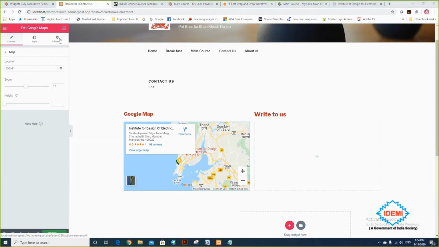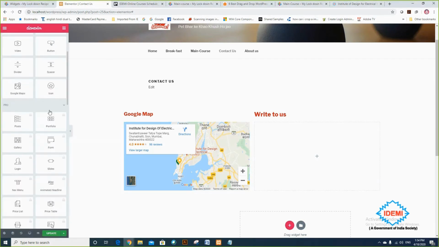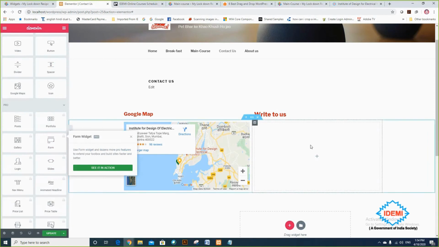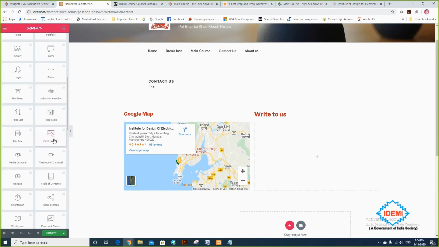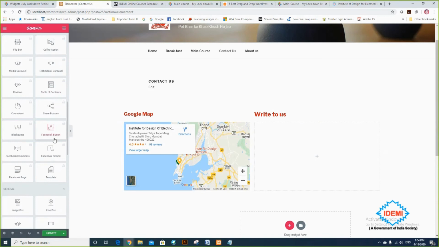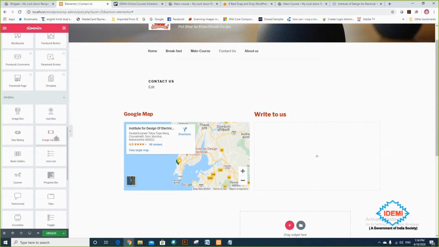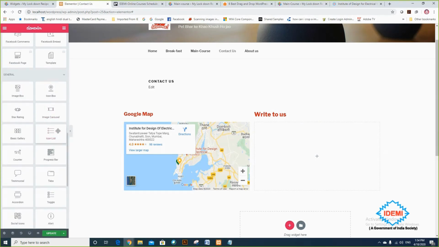So if I return back here and want to insert a form, it won't allow me to insert a form. It's saying that you have to go for a pro version. So it won't allow me to use that box. Okay, so in that case